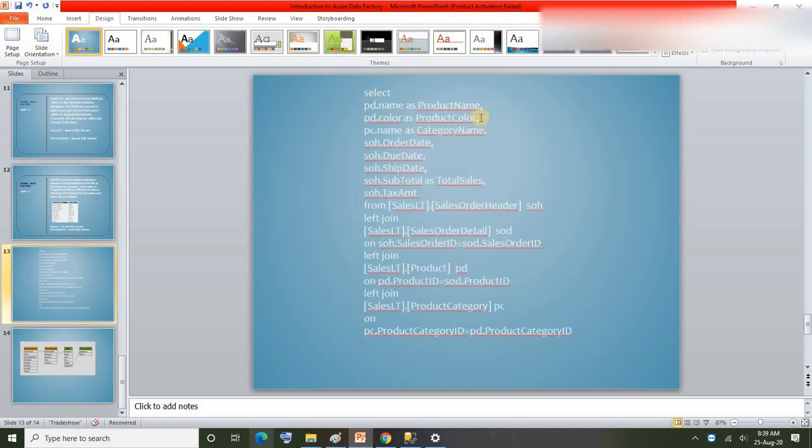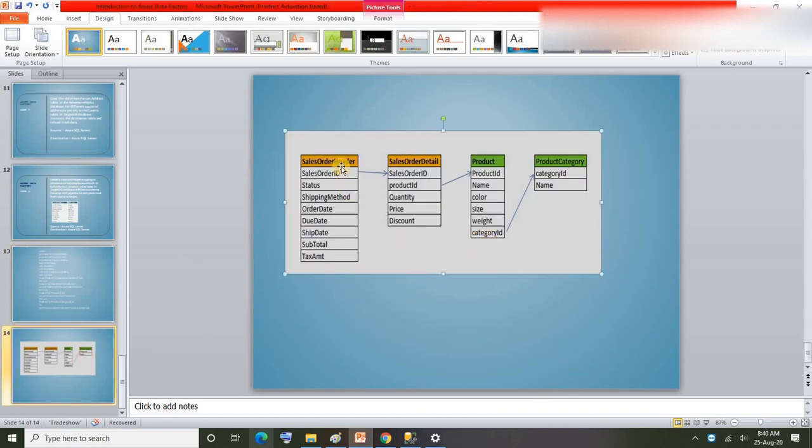That's why I'm making this video, to show you how we achieve this requirement just by using the join transformation activity in ADF. Same case study, nothing is changed. Only, instead of using this query to load data, I'll be directly joining the required datasets in ADF itself and loading the data into the final table. We already identified what datasets we need to join. So I need sales order header, sales order detail, product and category. Let's see how we join them and get the requirement done.